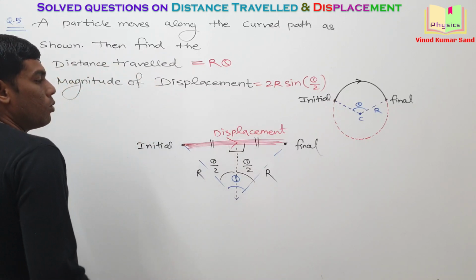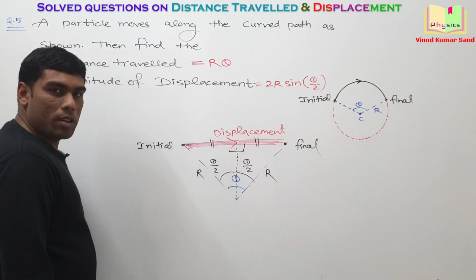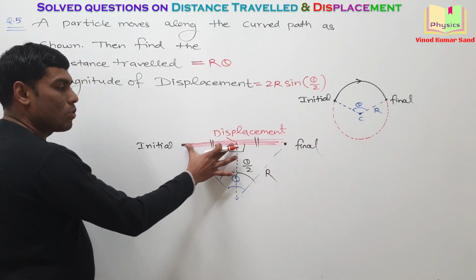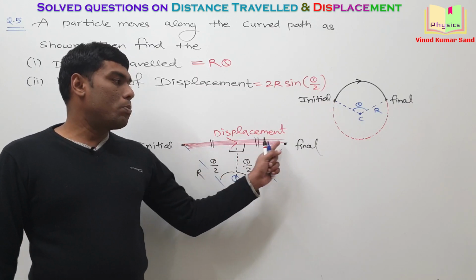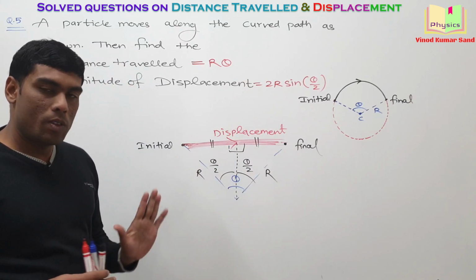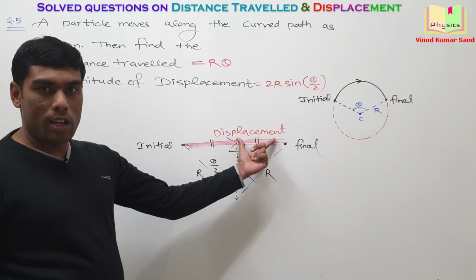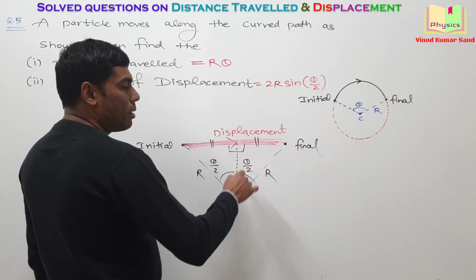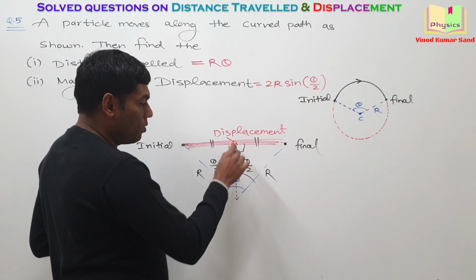Okay. Now let us try to obtain this much length. Can you obtain? This much length will be r sine theta by 2 and same is with this also. This is also r sine theta by 2. So r sine theta by 2 plus r sine theta by 2. The answer will be 2r sine theta by 2. Clear? Note it down. I hope you understand how this is r sine theta by 2. In this triangle, you take the value of sine theta by 2. Then you will automatically get this unknown side, which is required.